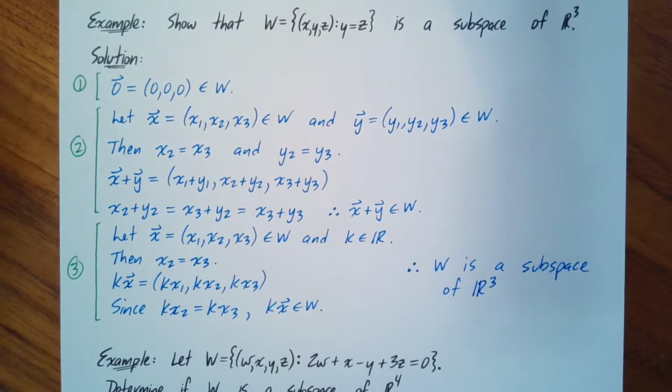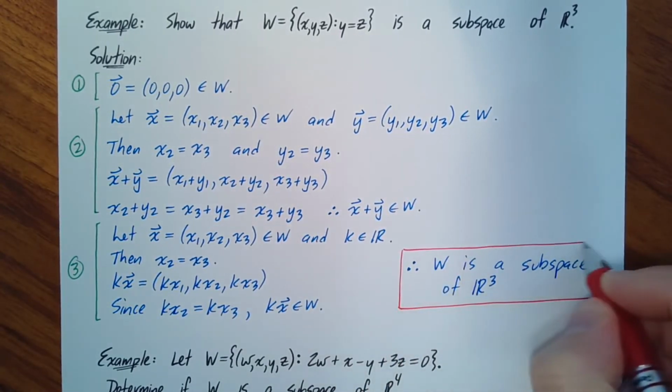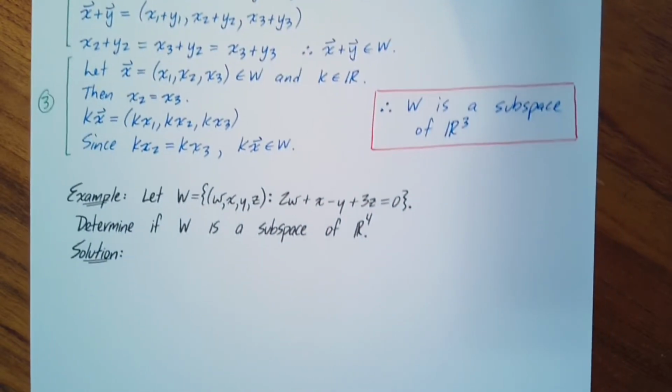Okay, so that is an example of how, if you're given a subset of Rn and you're asked to show that it's a subspace of Rn, then that'll be the approach you use. Just verify the three conditions one at a time. Okay, our next example,